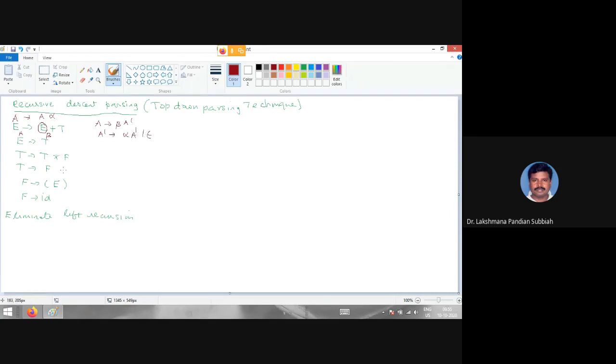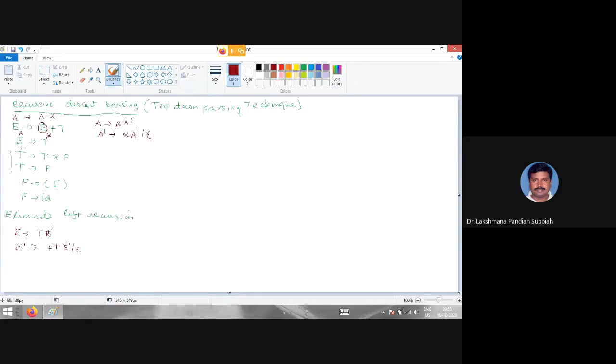Now we have to use that elimination of left recursion, right? So for this case, we are having E derives T E dash, then E dash derives plus T E dash or empty. Then similarly for T also we are having left recursion.